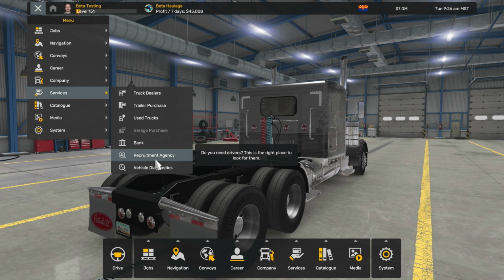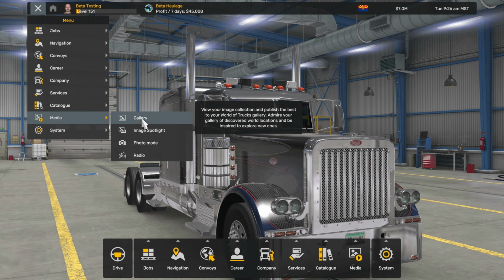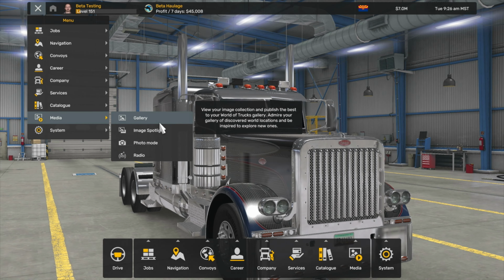Catalog, you've got your logistics map, trailer index, truck explorer, trailer explorer, truck upgrades, trailer upgrades. So you've got all your usual suspects and they're easy to find. Again, in your media, you've got gallery, images, spotlight, photo mode, and radio mode. You won't have it because it's a new profile. There won't be anything in them. Then under system, you've got your usual stuff: options, launchpad, save game, load game, and quick game. Then down the bottom, you've got your